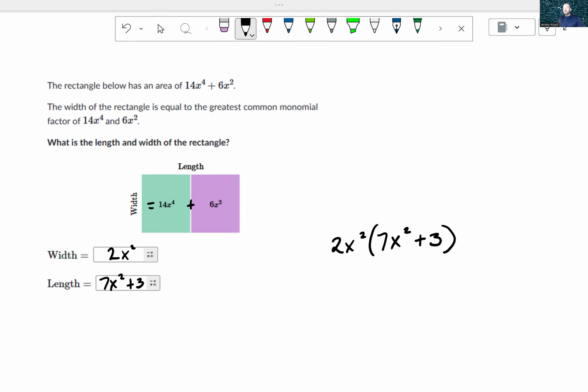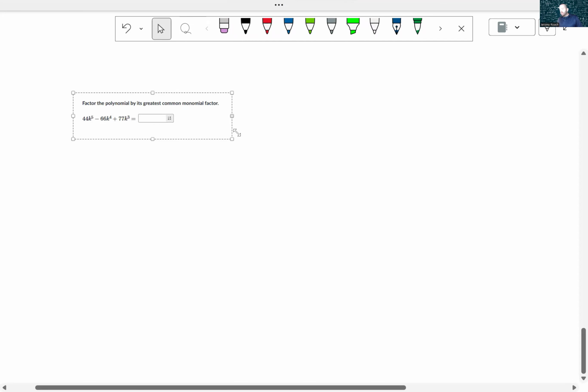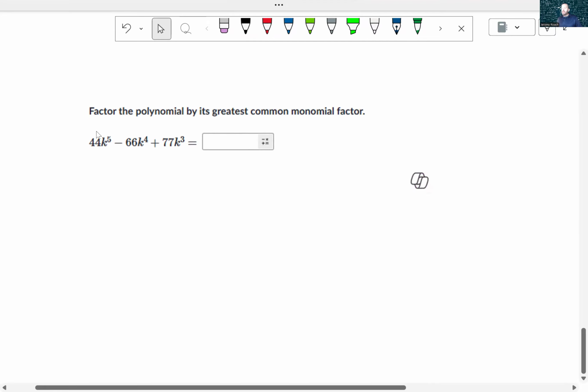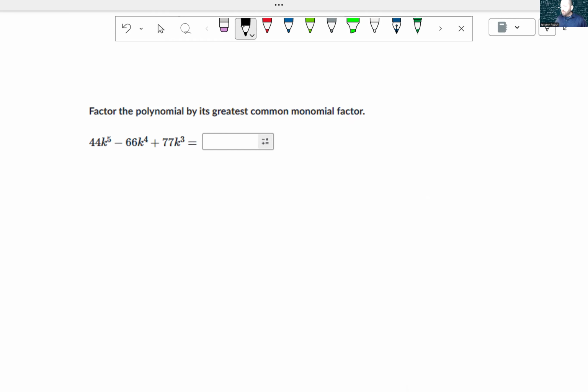Okay. Let's look at one now where we have three terms. And this is again very similar to the last one that we did or a couple of problems ago, except now it wants us to write an equivalent statement, and we also have to focus on looking at the correct sign. So our greatest common variable term that we can factor out is a k cubed. And I'm going to say 11 is our greatest coefficient that we can factor out. That would leave us with 4k